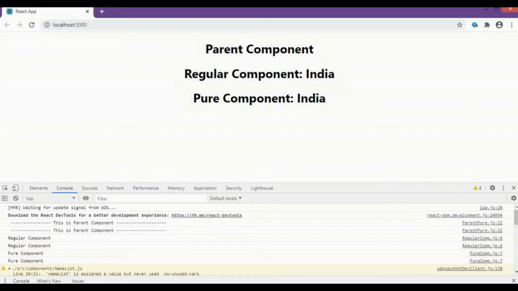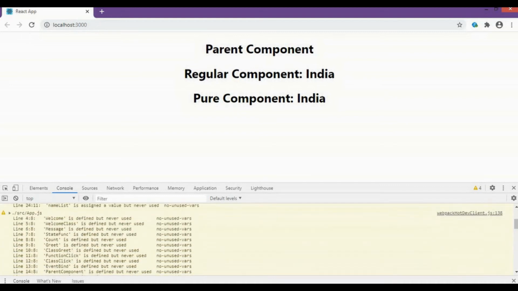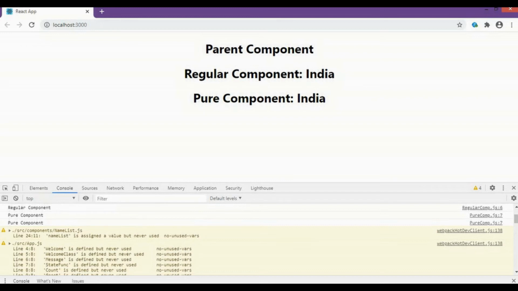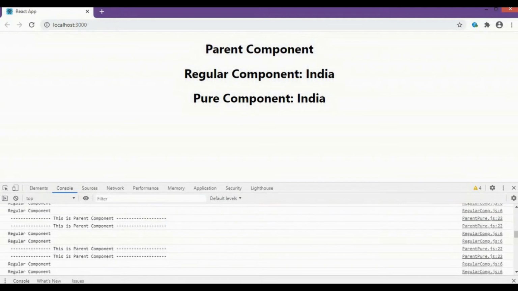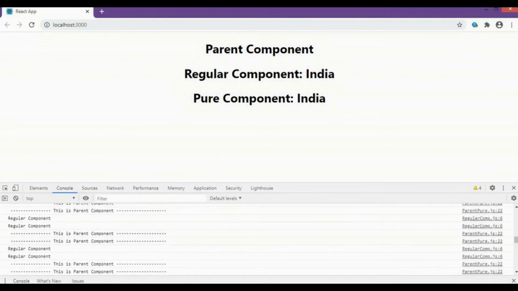As you can see, the console shows this: the parent component logged first, then the regular component, and then the pure component has rendered. After that, you can see only the parent component and regular component are being logged with the set interval method, but the pure component is not logging over here.